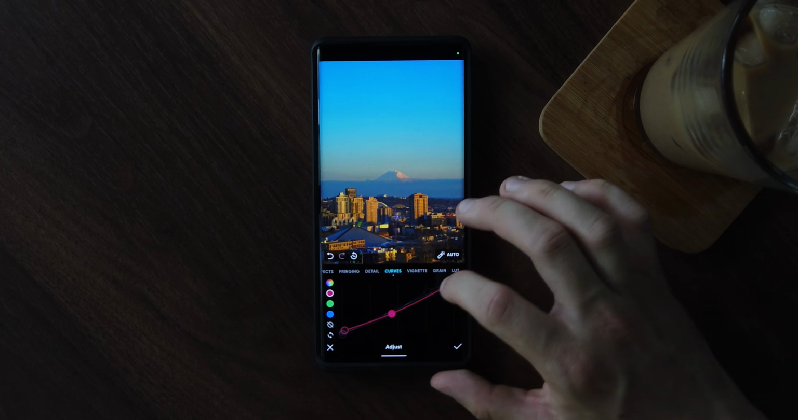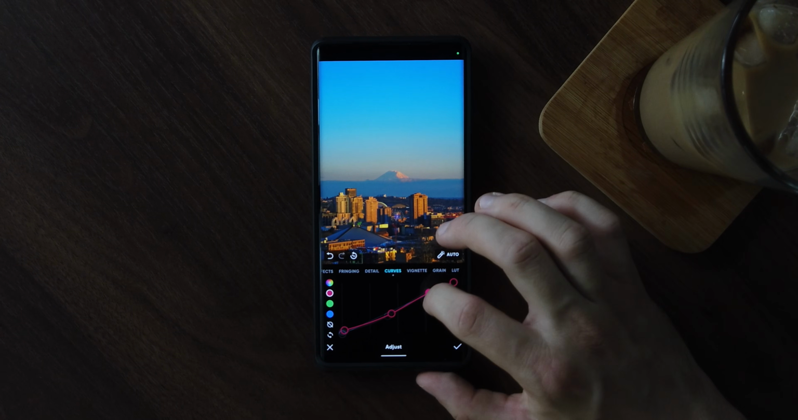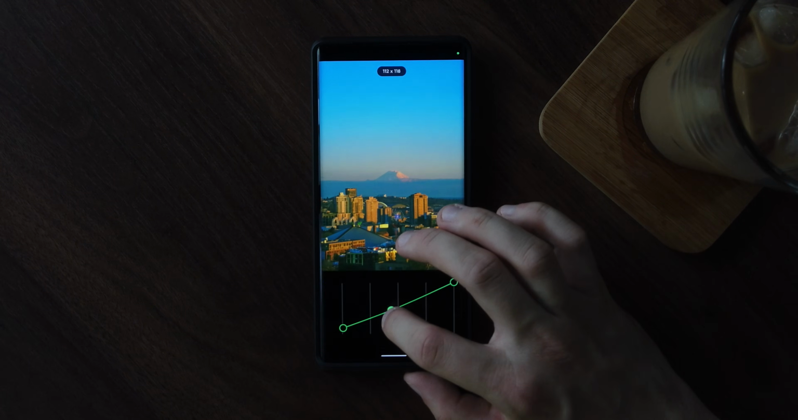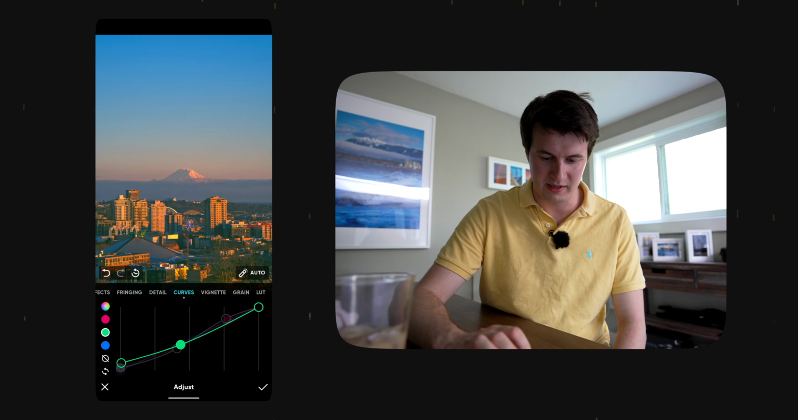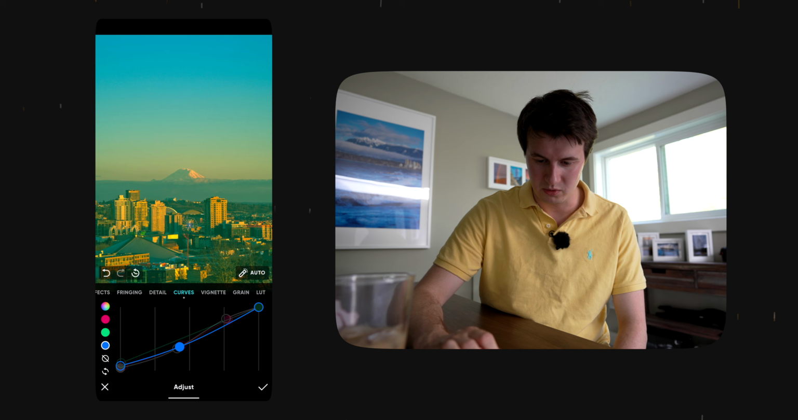We're going to bring it down here, and we're just going to make sure that in the highlights, it's pretty straight. So we're going to do something like this. Then we're going to go into greens, bring up the greens, bring them down, and do about the same thing on the blues right here. So we're going to bring up the blues, bring them down, do a curve something like